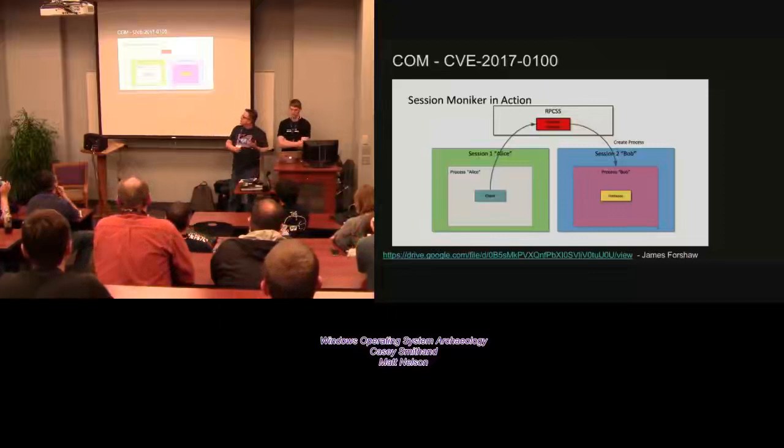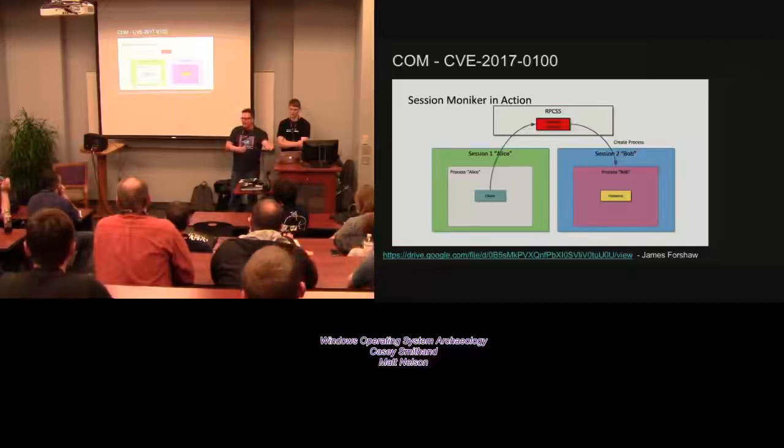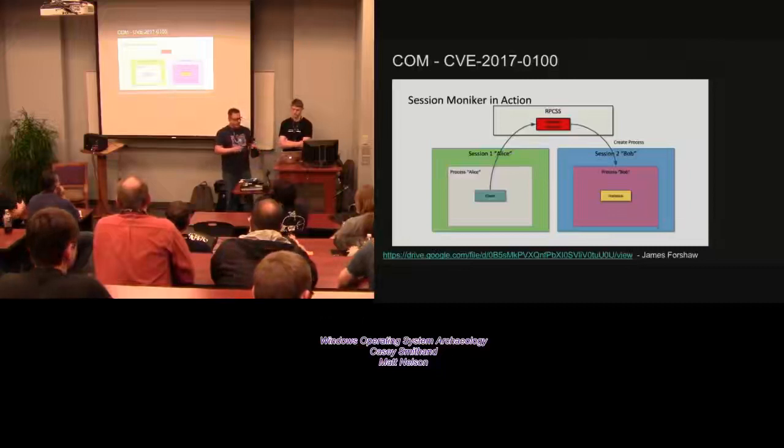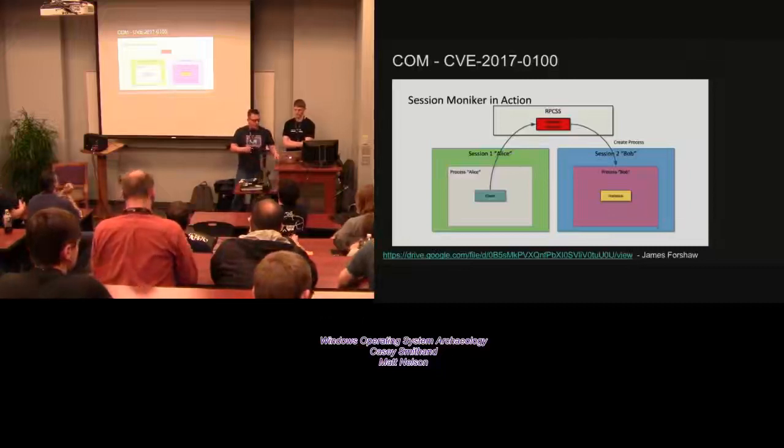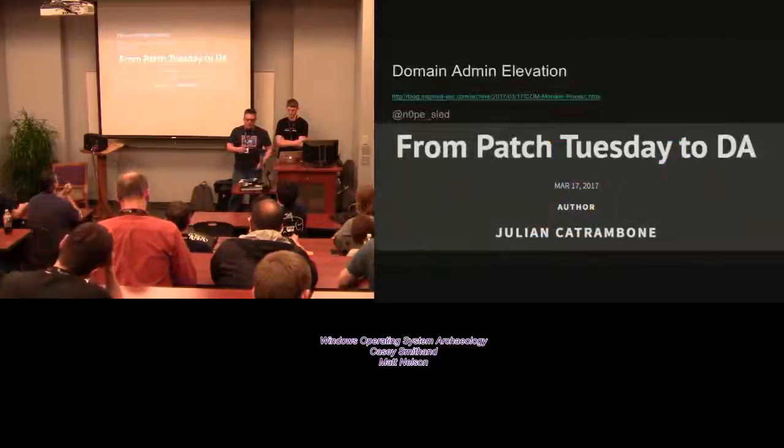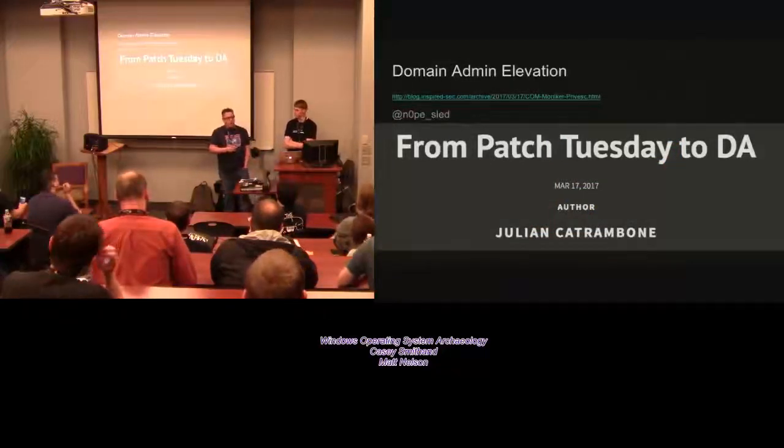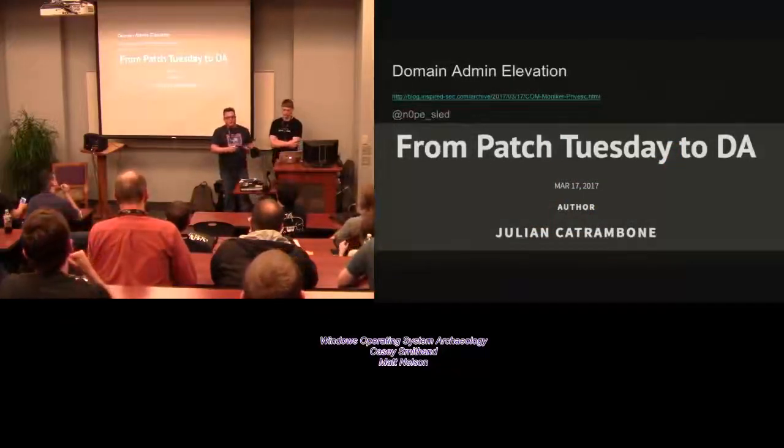Over on the left, you essentially have a normal user, Alice, who requests, I want to create this particular COM object, which happened to have a property that would let you create a process in another user session. So when that came out, one of our colleagues, Julian, realized this pretty quickly. He was on an assessment, and he has a really good blog post that articulated, like, within a week of